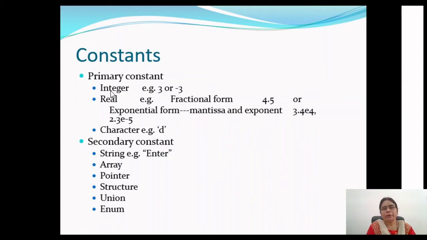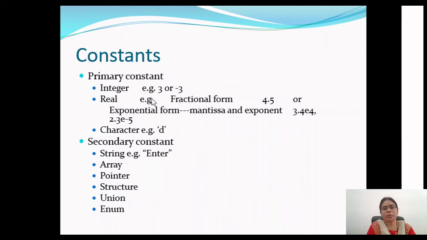So one data type that we have is integer. We can have integer type of values. So the literal values that we can have here, 3 or -3, these are basically integer constants. We can use these constants directly within the expression when we write it for calculating some formulas or for any purpose. In the same way, we can have real type of constants.